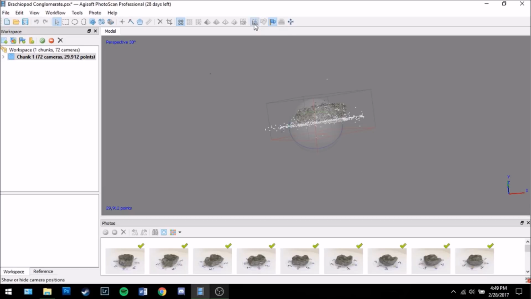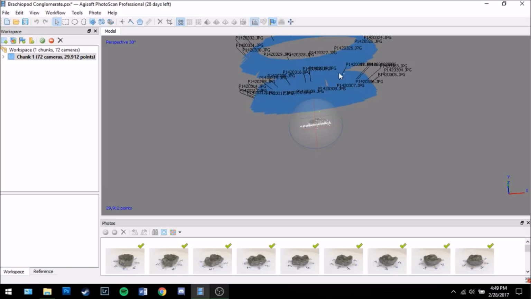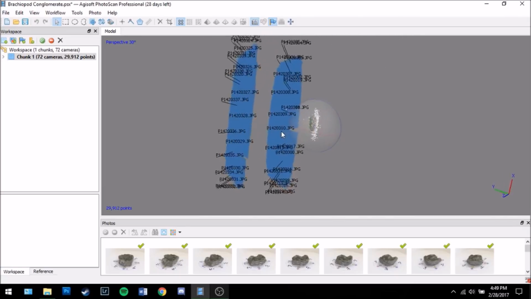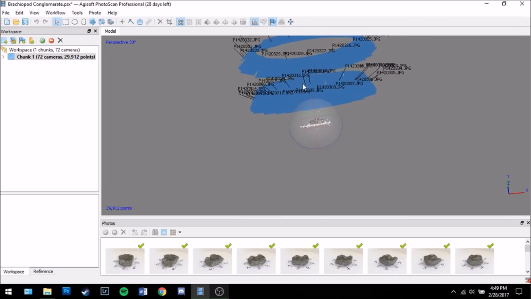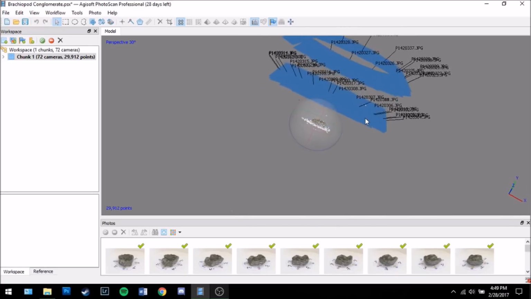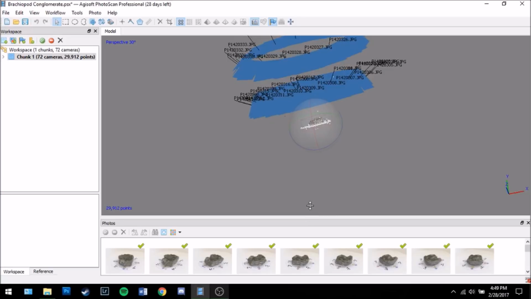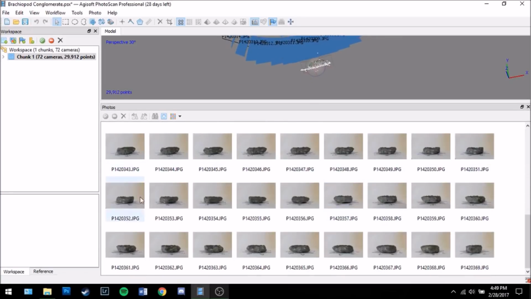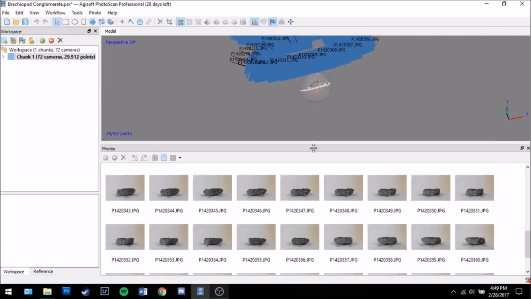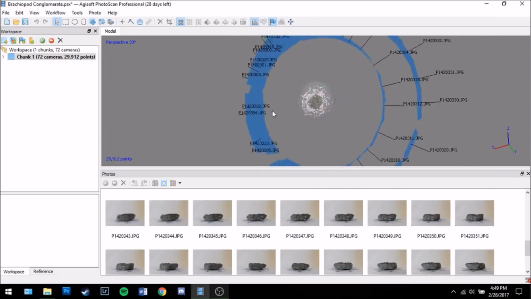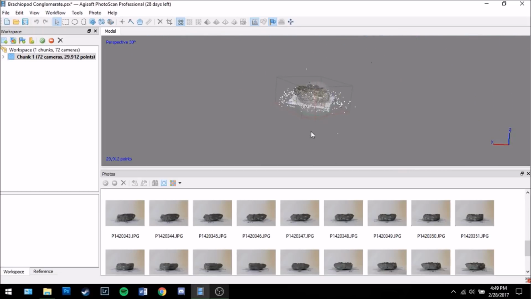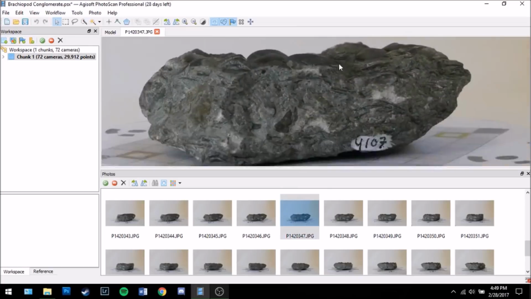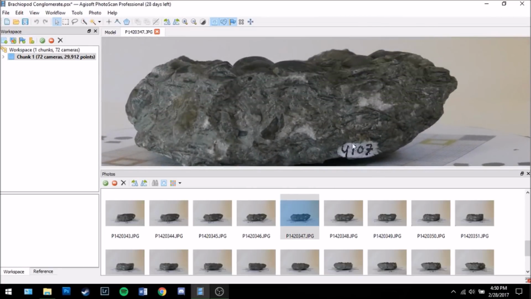Clicking this camera button on the top toolbar here will toggle the assumed positions that the program will make itself for where it thinks you were positioned, focused, and so on when you took the picture. You can see here that there are two main rings. Unfortunately, I do actually have a third ring down here. This is where the markers are going to come in because the program is having a little bit of trouble reading and referencing these photos against the other sets that I have. So we're actually going to be manually aligning these photos by setting markers on our grid and pieces of the